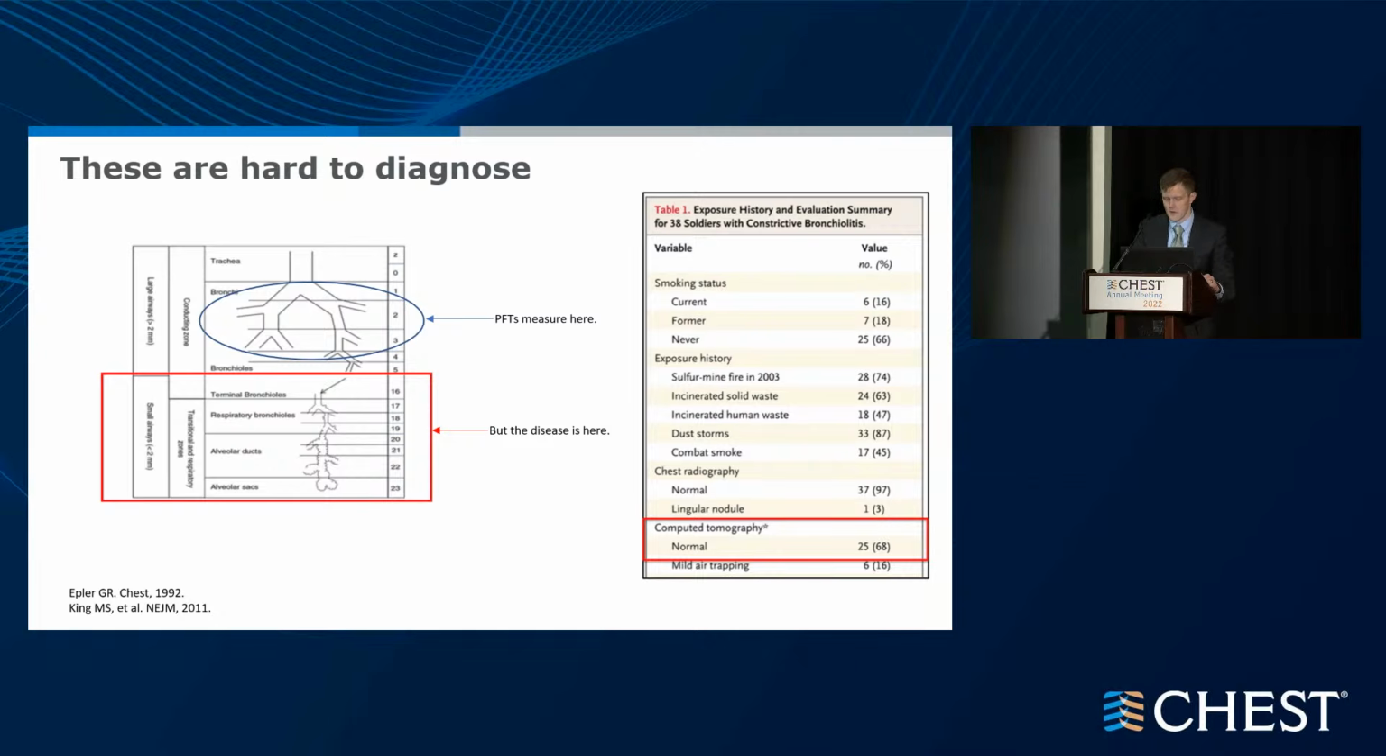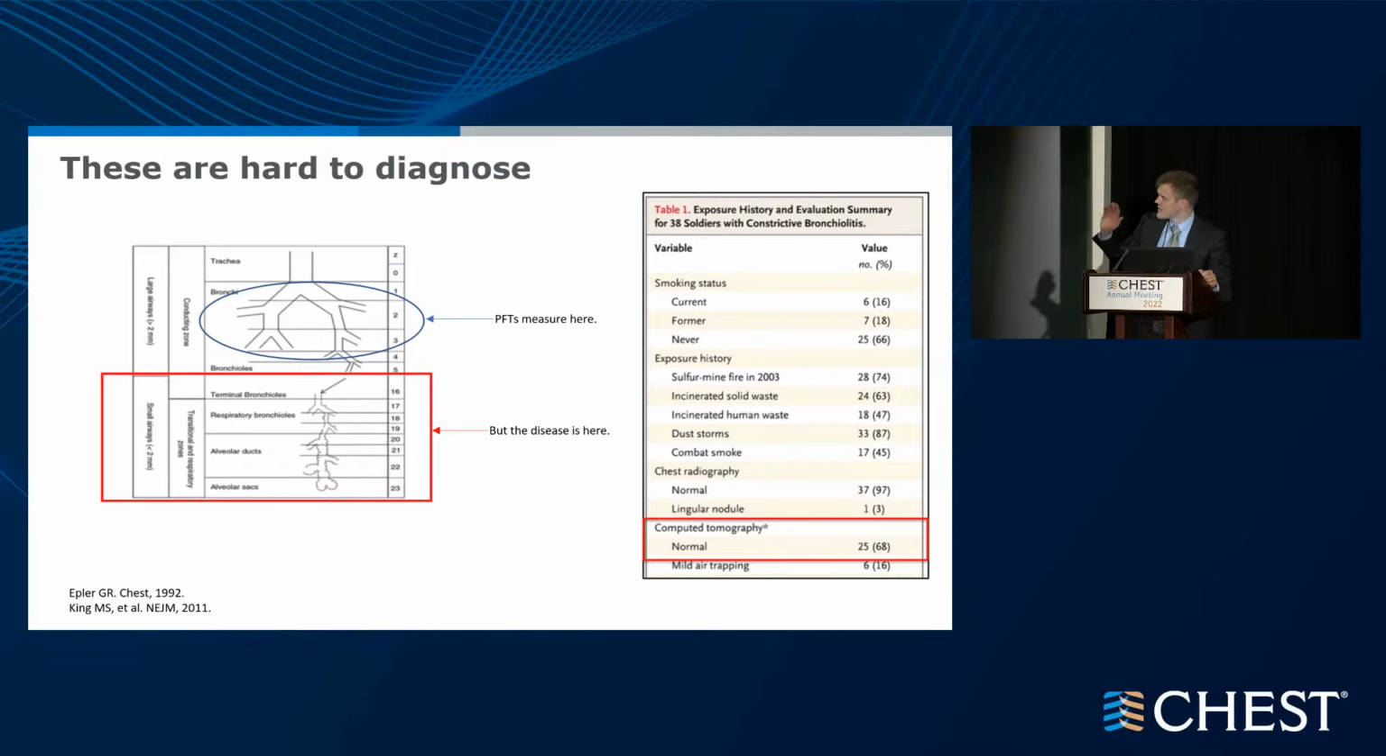The real reason is our tests are predominantly good at measuring upstream, so the large airways here, this is where PFTs measure, but the disease is down here. By the time that you catch it on PFTs, it's probably already too late. And CT, while it's still probably the best thing that we have in common clinical use, it can be missed